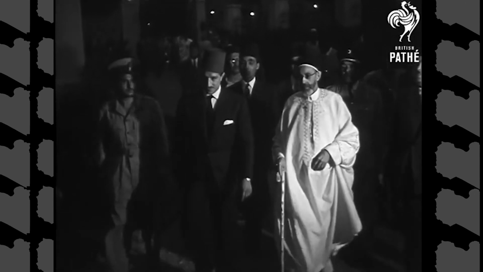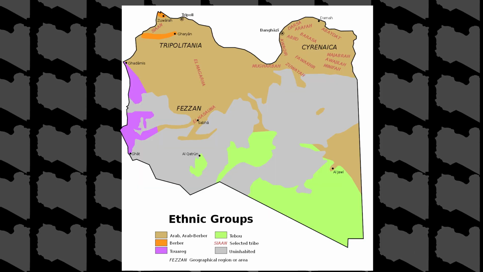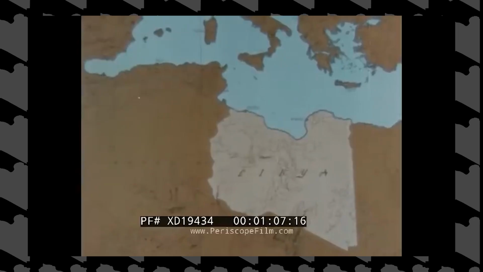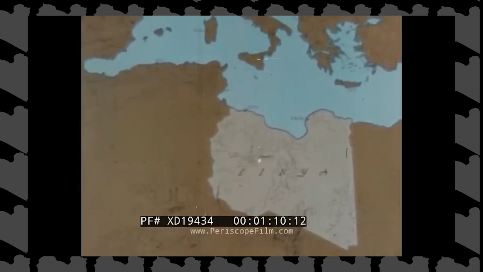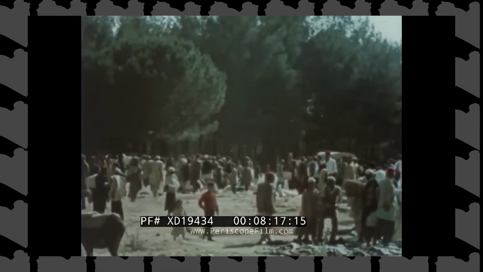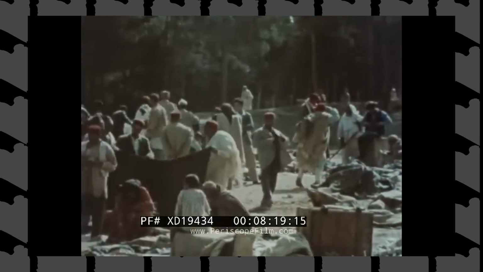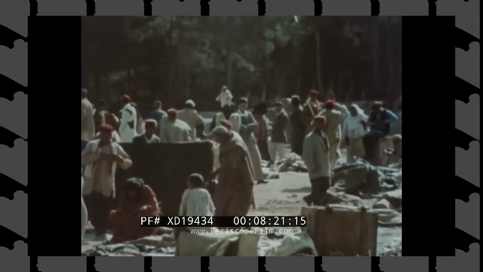The British remembered that, supporting King Idris's ascent to the throne. King Idris also got the go-ahead from tribal leaders who saw him as a compromise candidate and agreed to accept him out of a desire for consensus. When King Idris ascended to the throne in 1951, Libya was unified on paper, and that's about it. In reality, thousands of years of cultural and societal differences between Tripolitania, Cyrenaica, and Fezzan prevented actual unity.